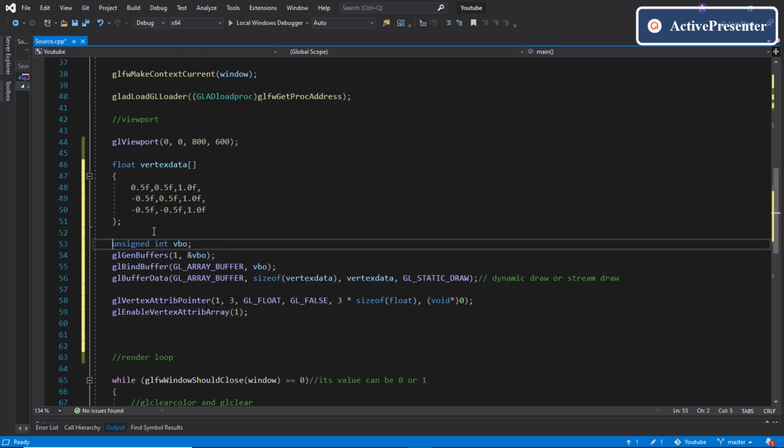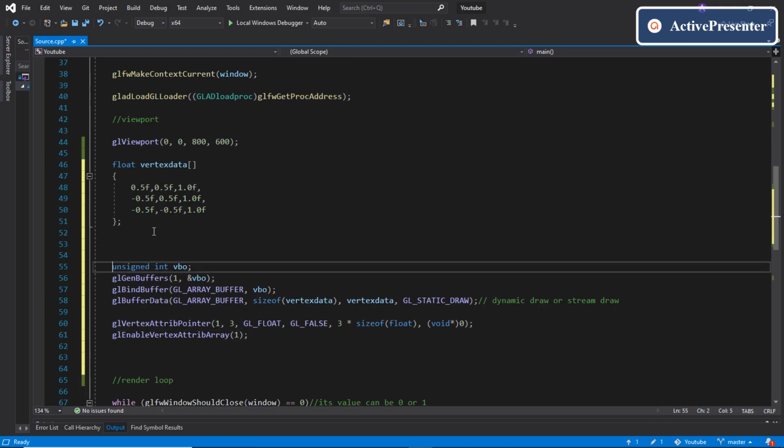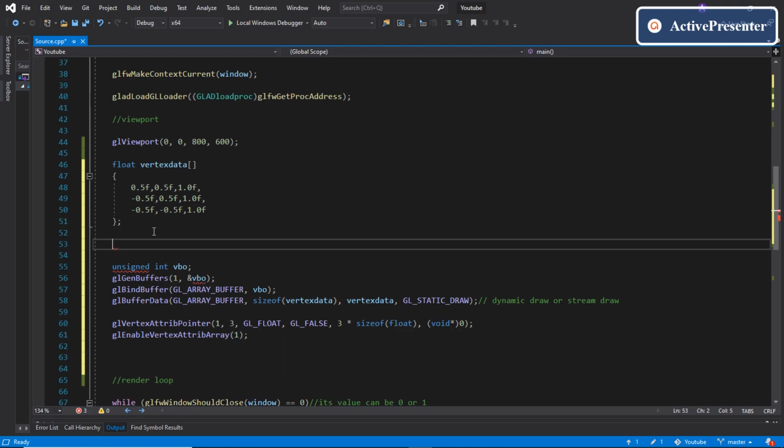So we'll use another object called a vertex array object. Similar to the vertex buffer object, the first step is creating the vertex array object ID. Inside this vertex array object, various buffers are there and the attribute pointers are contained inside this vertex array object.